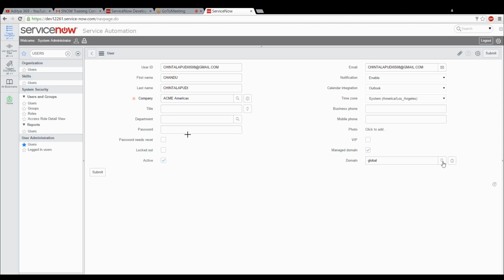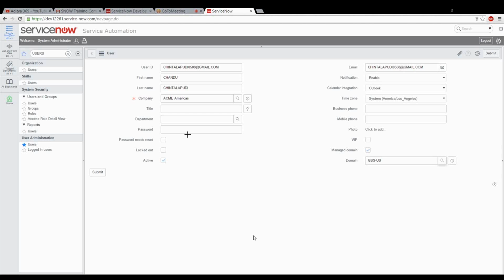Why are we not able to see that? Anyone, Rana, are you able to see the lookup value list? No, right? Yeah, I can see the lookup value.